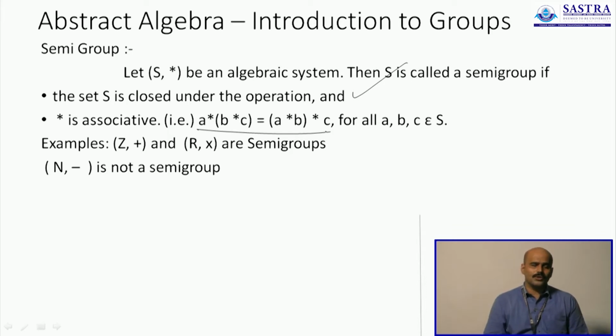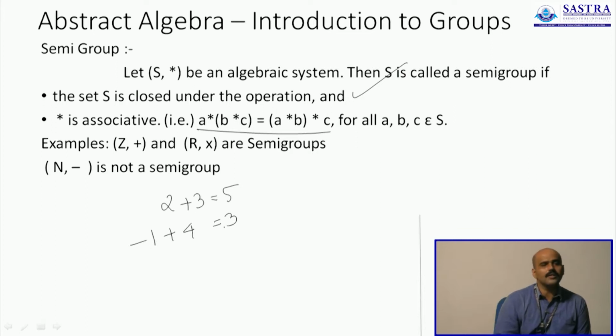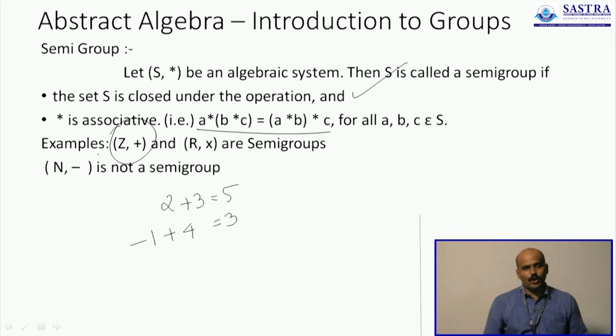On your screens, I have given a couple of examples of what structures are semi groups and what structures are not semi groups. First up, let us take the set of all integers under addition. The sum of any two integers is always an integer. You take any two integers, be it positive or negative, you add them up, the result is again an integer. You can even take negative integers, you add them up, the result is again an integer. So the answer is contained in the set, the answer does not exist outside the set, and therefore the set is closed. So the set Z plus is closed under the operation.